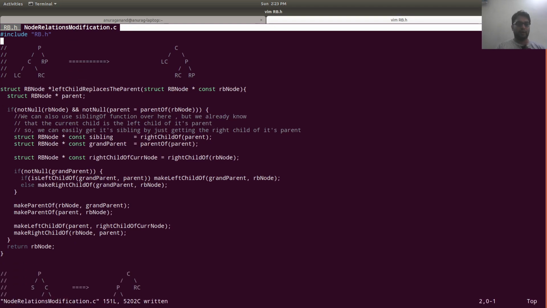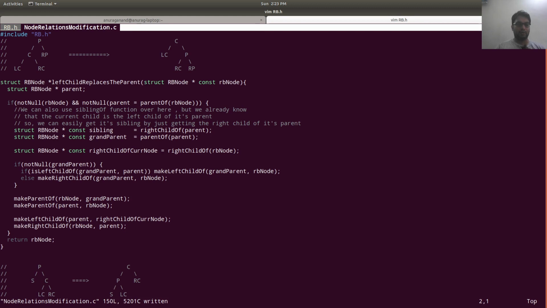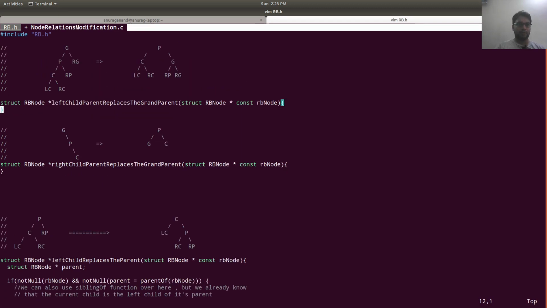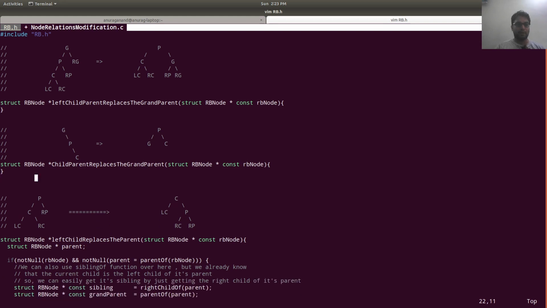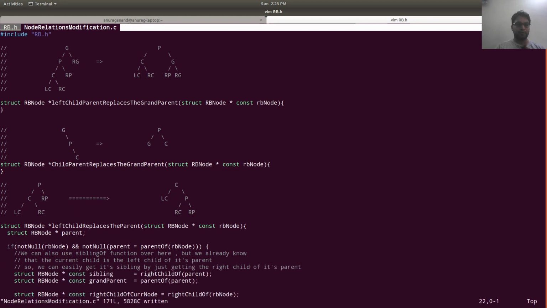So let us write insertion. I'm going to keep these functions for now. Maybe it can be useful in the future. So I will say tab